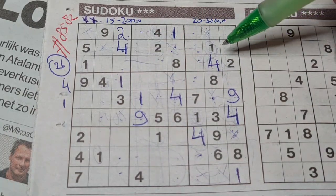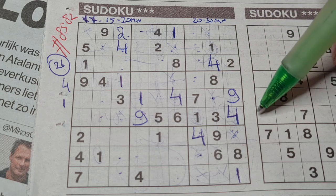Cannot continue with the 9 now. Need to wait. How about